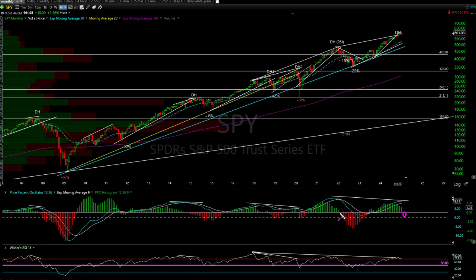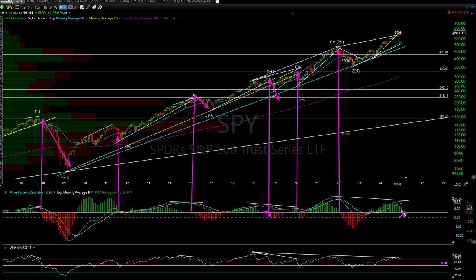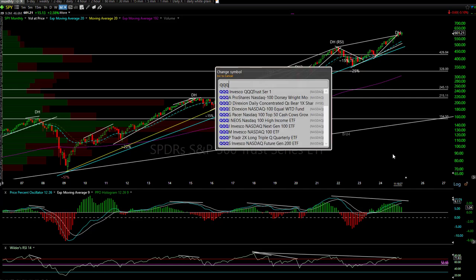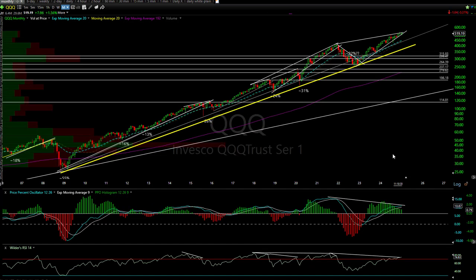And when you do, you can see there's our last bearish crossover. We had one right there. We had one right there. It came, and then a little whipsaw, and then it crossed again right there. So all these big drops were foreshadowed by these bearish PPO crossovers, the bear markets and the big corrections, right? So watch for that. Again, we're not at risk this week of that happening, but